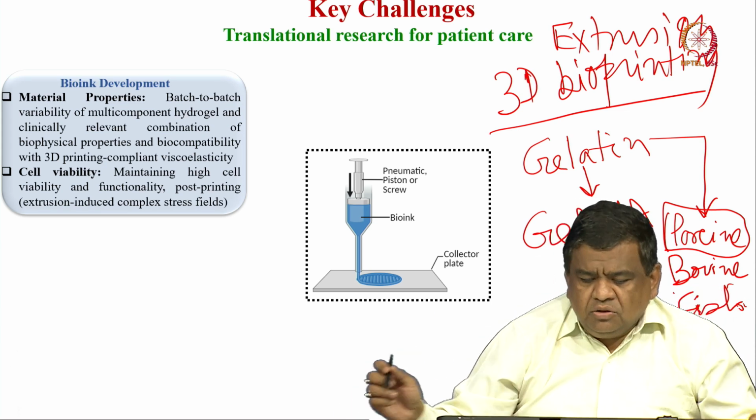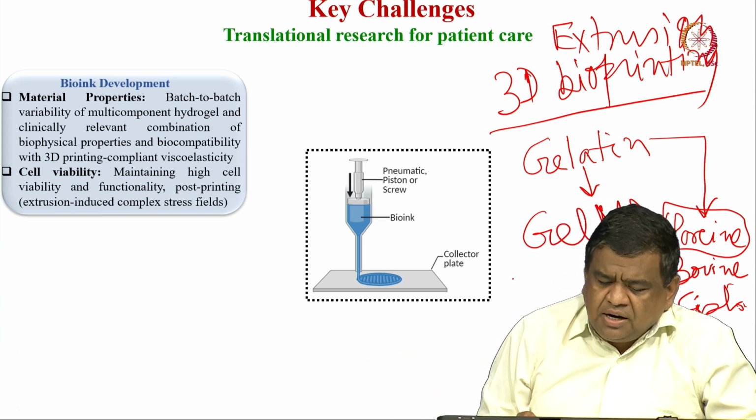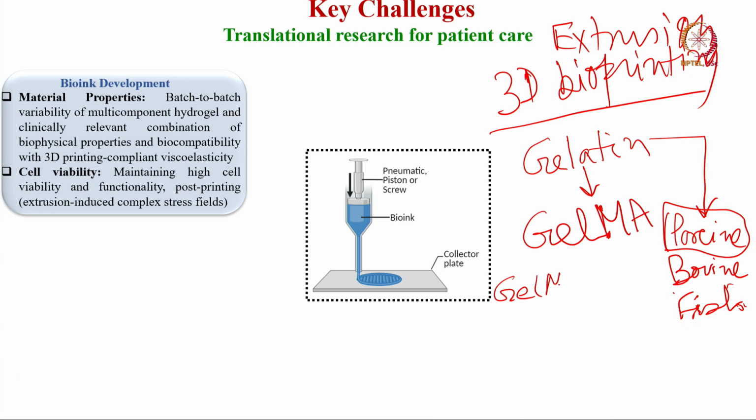Now, in a large number of research papers, people use different types of hydrogels like GELMA. I have shown you GELMA and PEGDA as secondary additions for viscosity modification, and sometimes people have used hydroxyapatite or carbonaceous fillers like carbon nanofibers and so on to make it an electroconductive hydrogel ink.